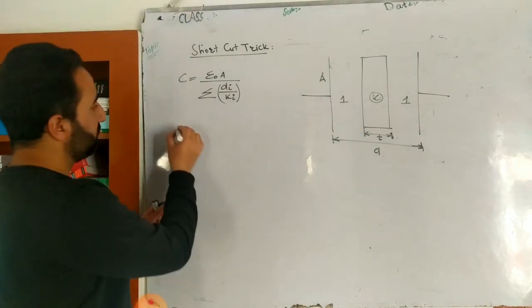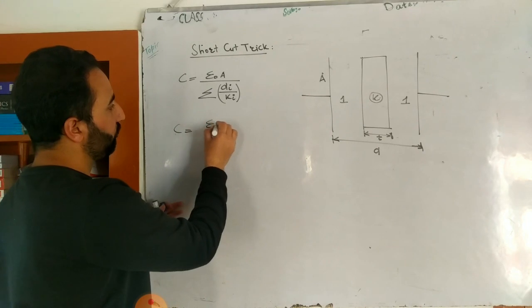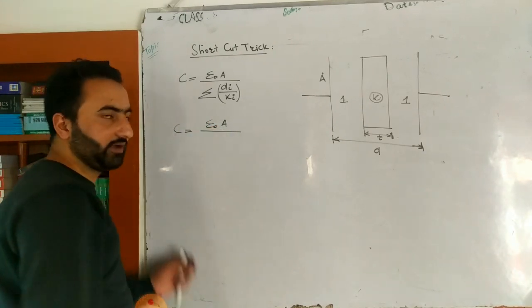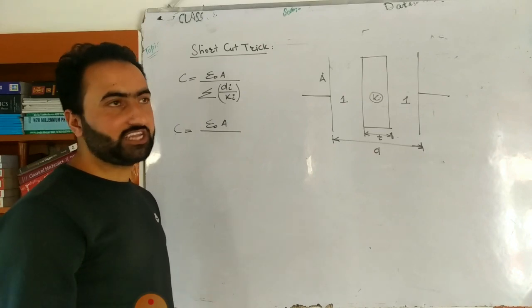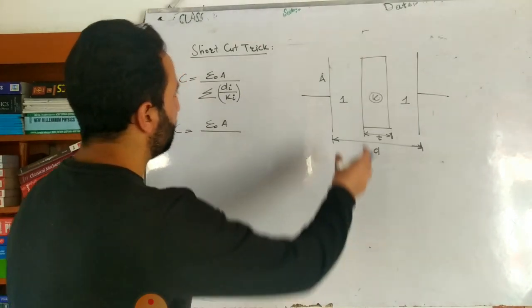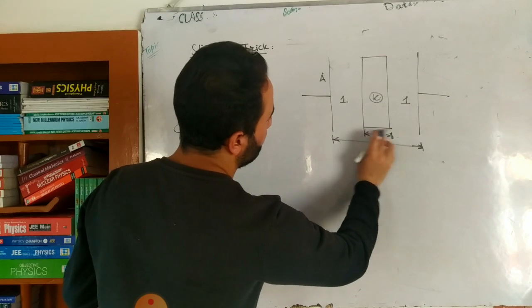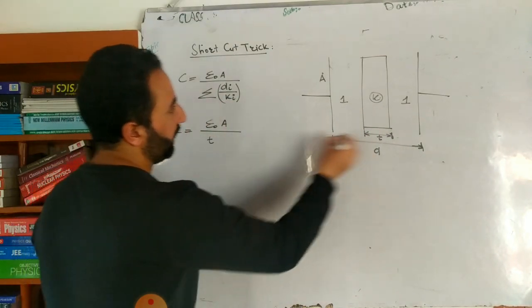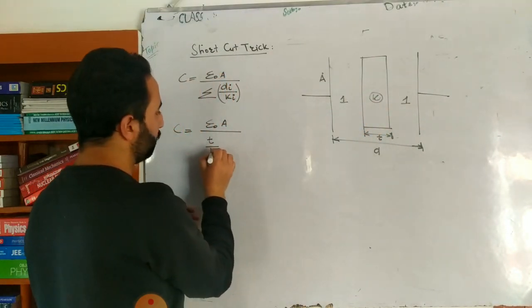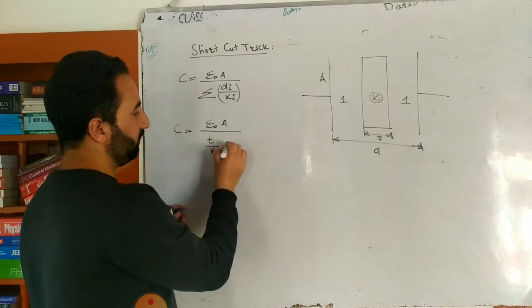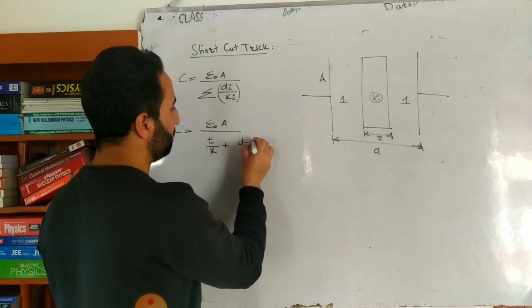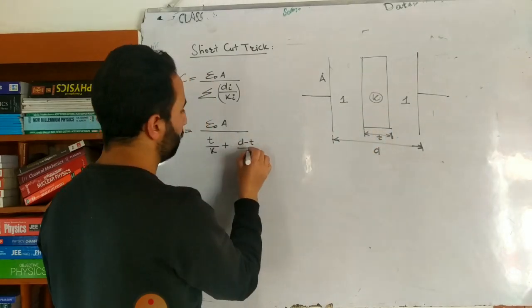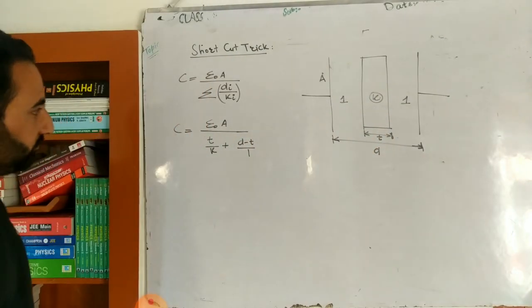Okay, now concentrate on this. Simply capacitance C will be equal to epsilon 0 A divided by, how many regions are there? Two different regions. One has a dielectric constant K, another has a dielectric constant 1. So let's first of all write down this. This one's width, what is it? That's equal to t. And what is its dielectric constant? K, so t divided by K, plus. Then we have this and this. Its width is d minus t. Its dielectric constant is 1, so (d minus t) divided by 1. We have plus. Okay. Simple.